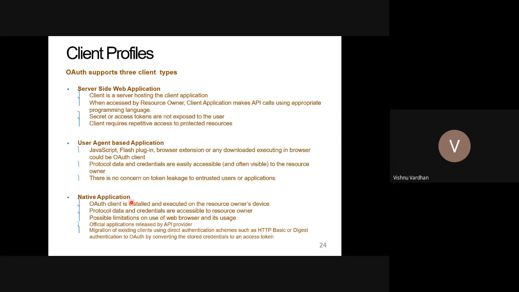That means the application is installed on that particular device, and the application is given by the resource provider itself. So these have some different implementations for client accessibility. Client accessibility means the third-party resources can be categorized in these different ways. One is completely server-side implementation, one is completely client-side implementation, and one is for the native kind of application generation.